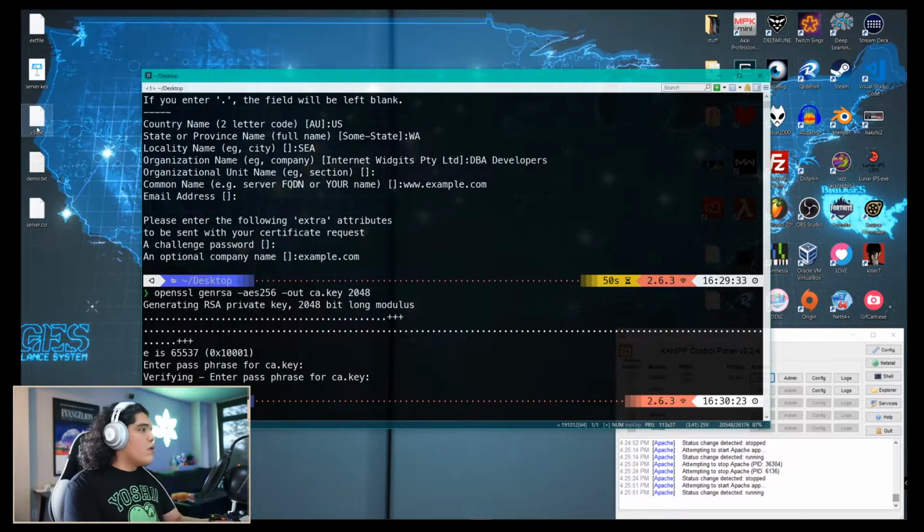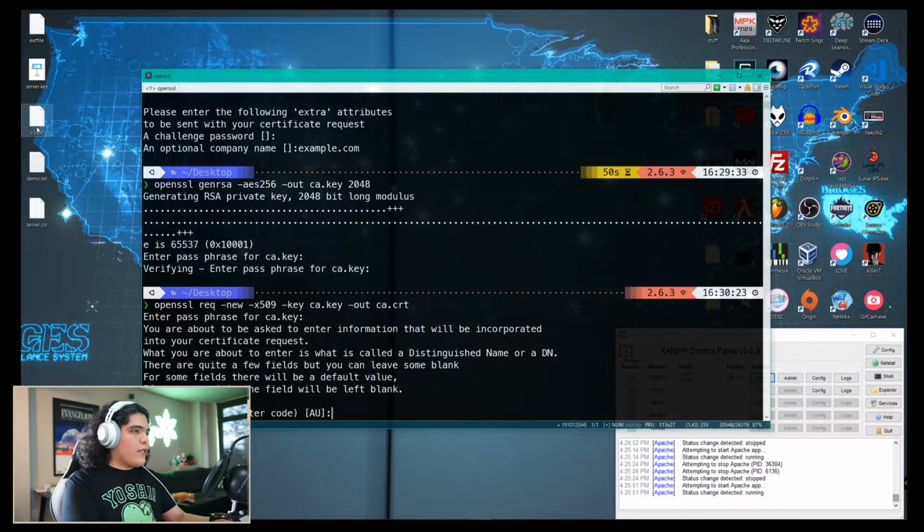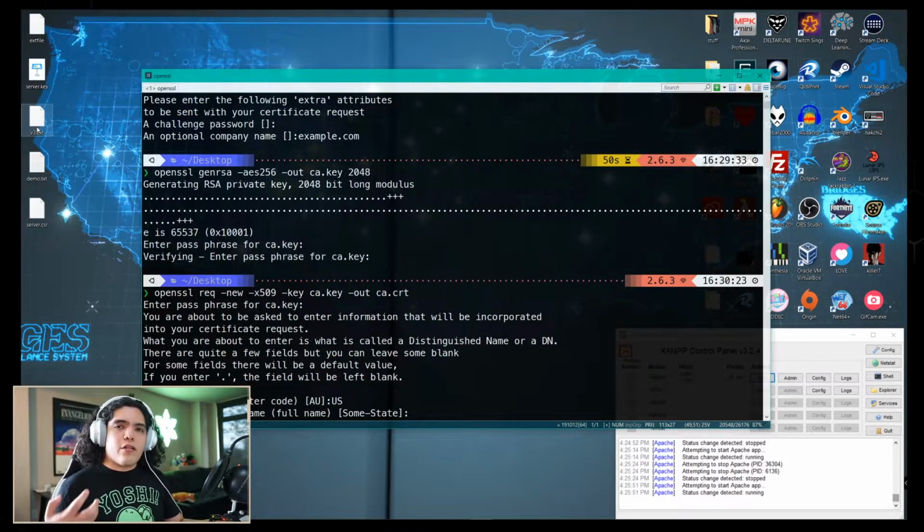Now, next step, once we have the CA key, we're going to do OpenSSL, and again req -new -x509 -nodes, pointing it to the -key ca.key, and we're going to generate a ca.crt. Once we do that, I'm going to decrypt my key, and it's going to ask me to enter information about me as a